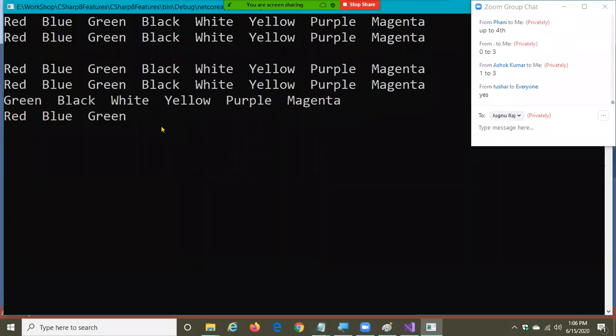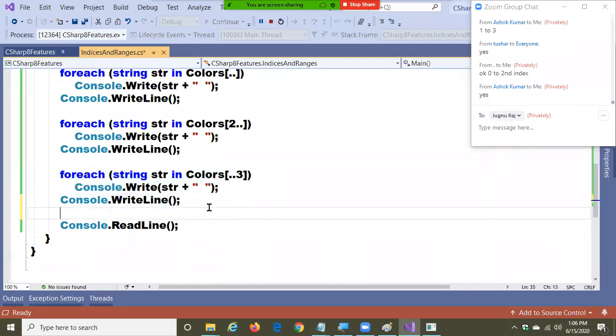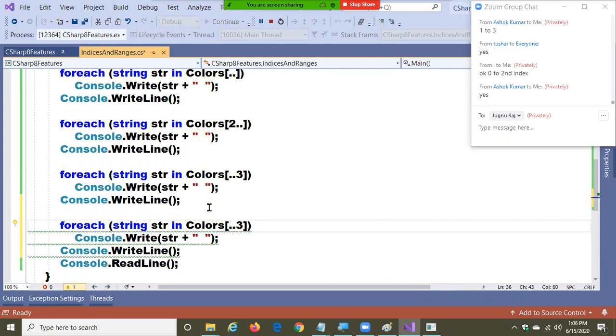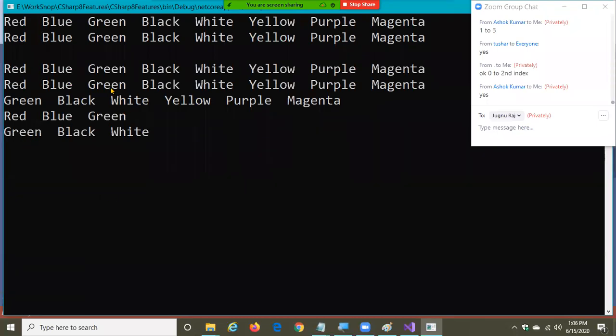Next, 2..5. See now, 2 up to 5. You're just getting green, black, white. So starting from 2 up to 5.